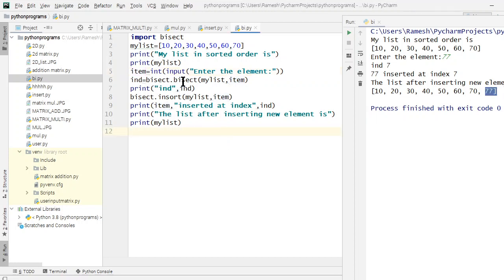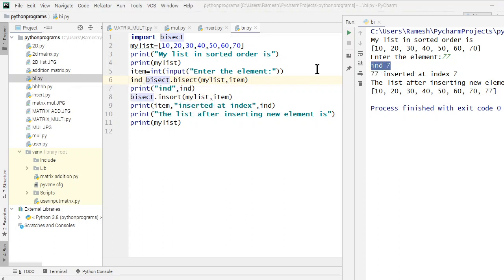Now what it will do, bisect is a module name, dot bisect is a namespace, and we know that namespace name is similar to module name. Okay, and here we pass two arguments, list and item, and this module will find the actual index.